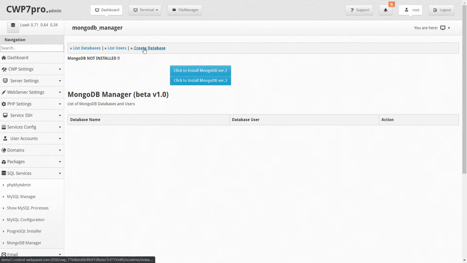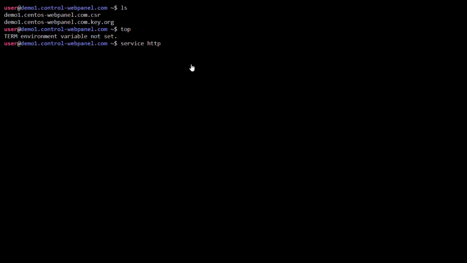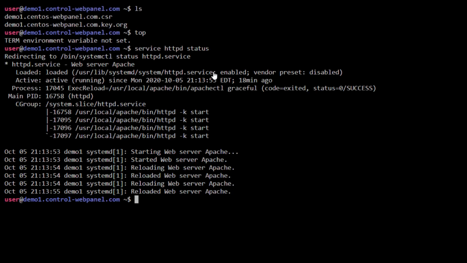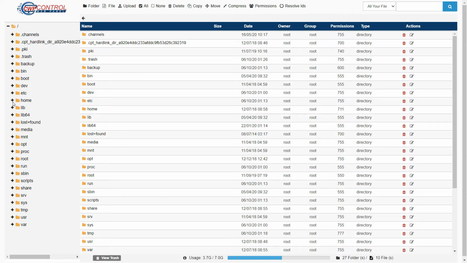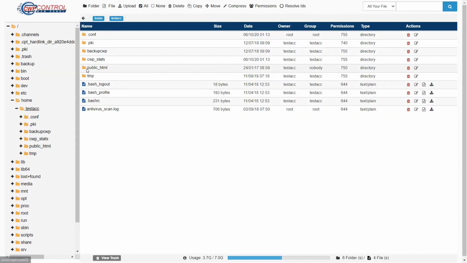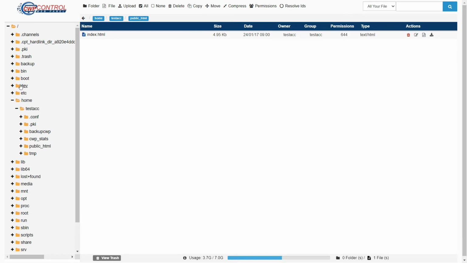CWP offers some other cool features that most of the paid control panels like cPanel and DirectAdmin lack. For example, you can install and manage MongoDB, which is a popular NoSQL database. You can watch another Tech Debate about MongoDB if you want to learn more about it, or NoSQL itself. CWP also has an online terminal emulator, a root file manager, supports PostgreSQL and also phpPgAdmin, and other tools to manage your operating system.